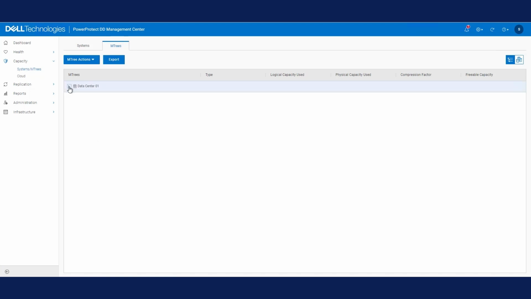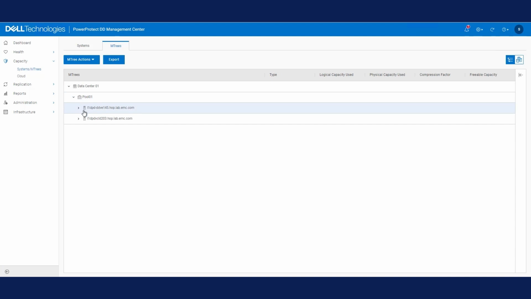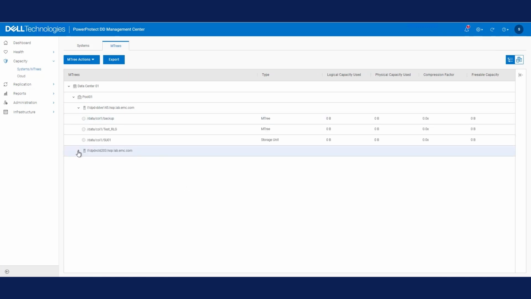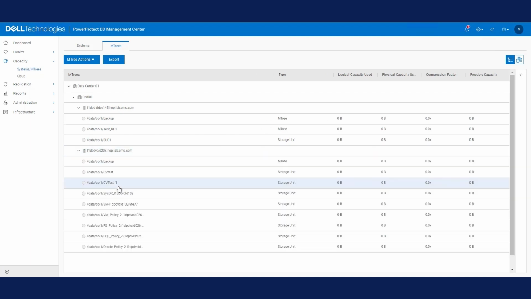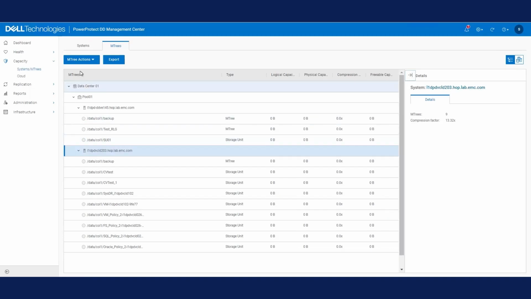Here we'll expand the data center, the pool, and we'll be able to see both our managed systems over here. We'll expand each of the systems to showcase the entries that currently exist. One is the RDDB managed system and the other managed system is RDD9410. Now we will go to entry actions to create our mobile storage unit.